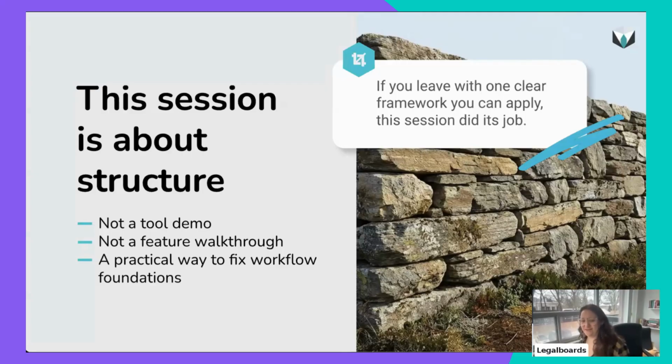And of course, I will not leave without showing Legal Boards, because why not? So at the end, I will try to use maybe litigation, maybe family law, maybe estate planning. It's the most answered practice area so far. I can use one of those practice areas to present those concepts in Legal Boards, in the tool.